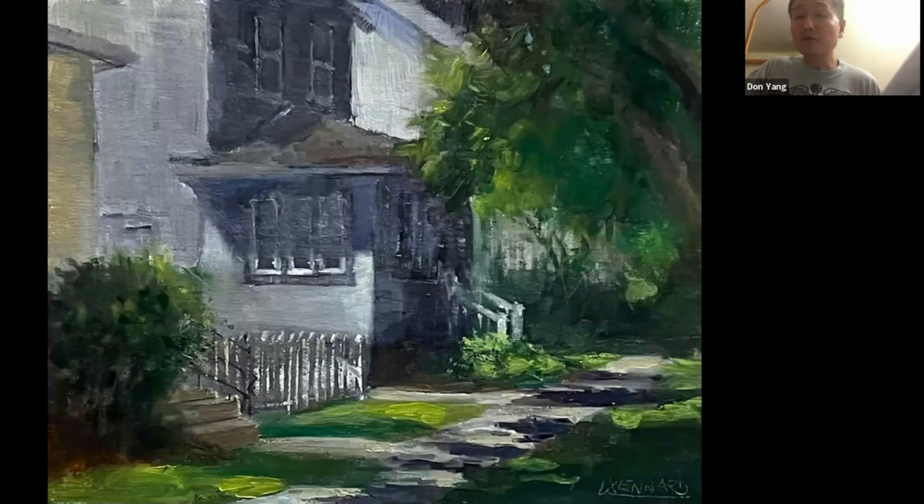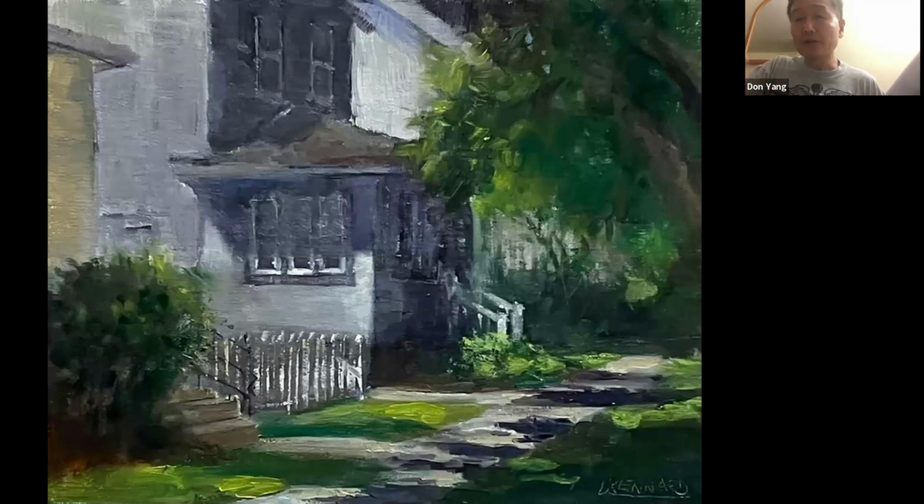Now, as far as color temperature is concerned, clearly when we see this kind of strong value contrast, we assume there's a very strong light, which means light gives nice strong value contrast, but also very strong temperature contrast. In that, I would have intensified the warmer temperature on the light side of the building a little stronger.